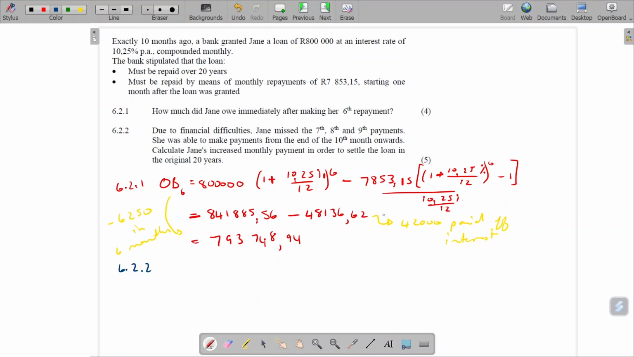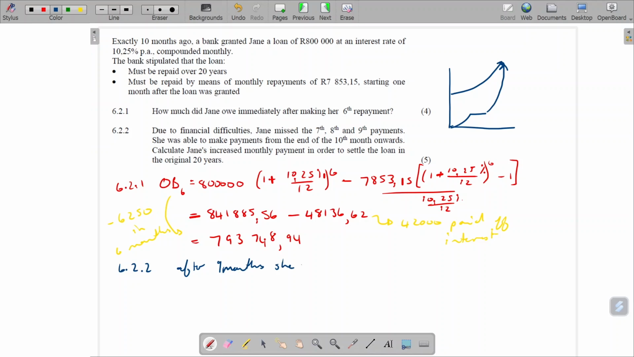Okay, so as we said before, what happens now is the price of the house keeps increasing. She misses some payments, and so she's still going to end up at the same 20-year time slot. She needs to pay more money to get to that same place. So let's have a look. For 3 months, this increases. So the outstanding balance that she has, after 9 months,